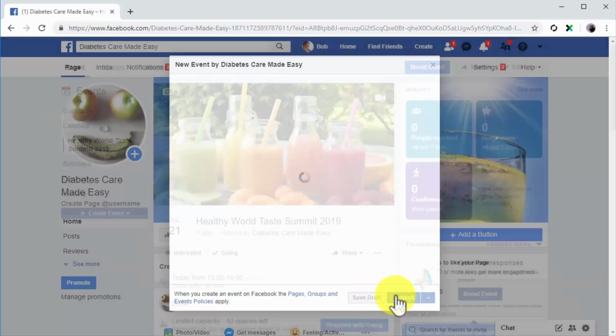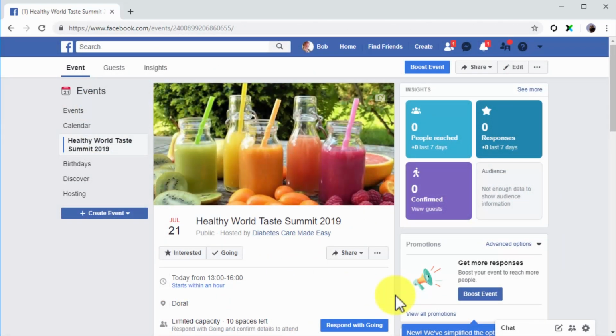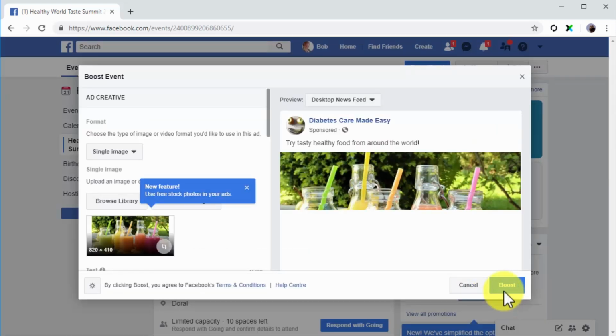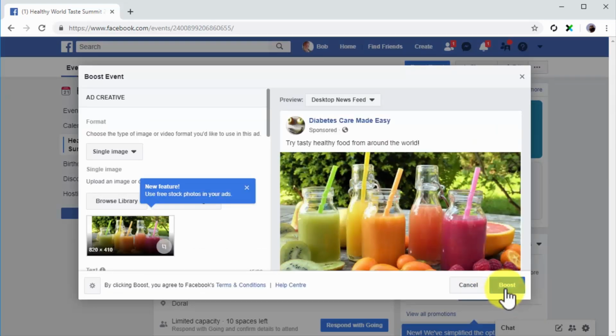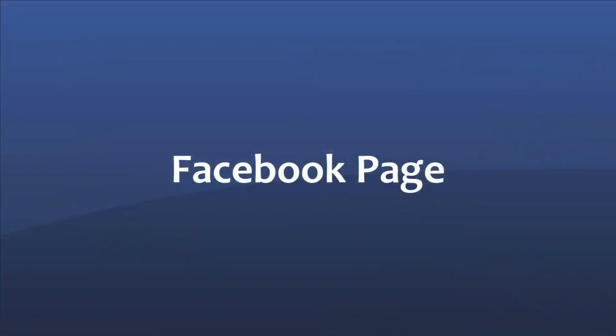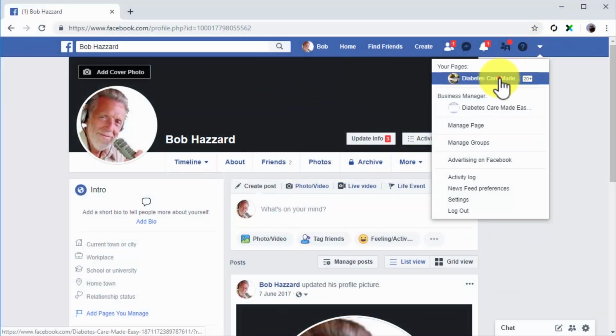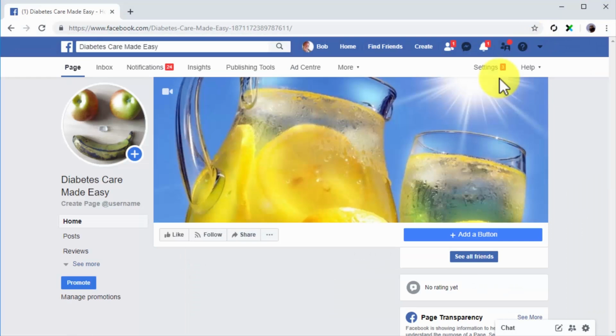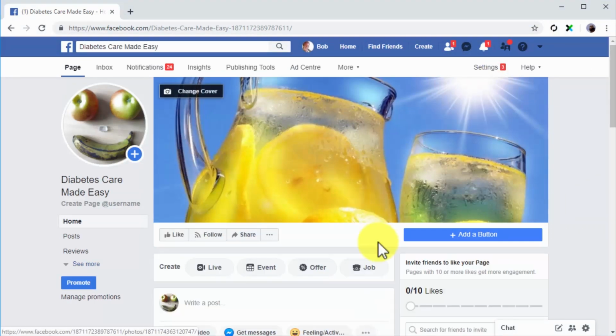Then click on Publish. You can increase the number of people that interact with your event by clicking on the Boost Event button on the event page and customizing an ad campaign to promote the event. Facebook page. Lastly, you can create a custom audience made of people who follow or that have interacted with your